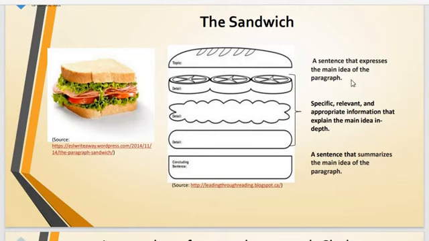Sentence that express the main idea of a paragraph, specific, relevant, and appropriate information that explain the main idea in